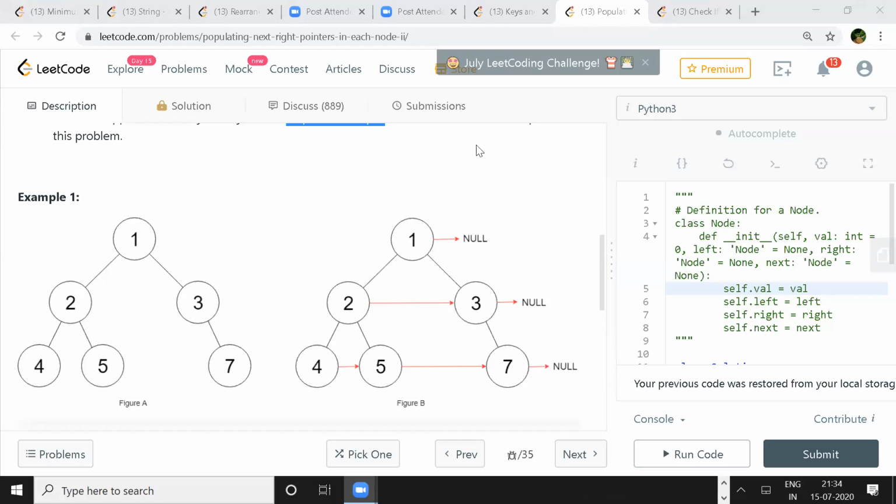But once you are able to do it in DFS, you can figure out an iterative approach. Converting the DFS into iterative shouldn't be that hard. But we will need some space for iterative purposes.